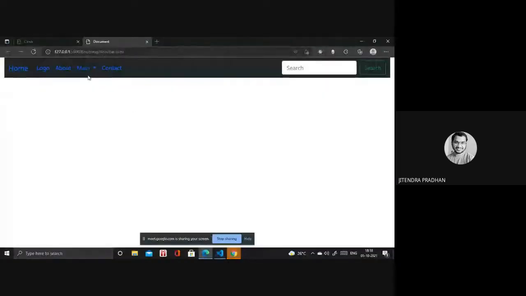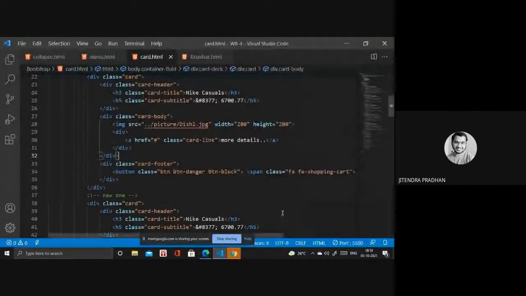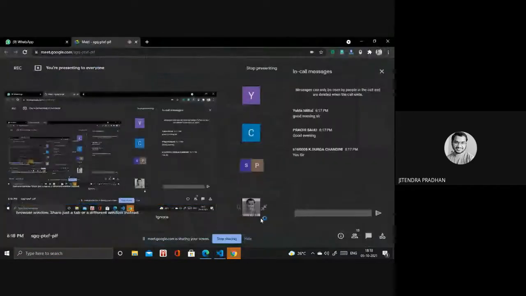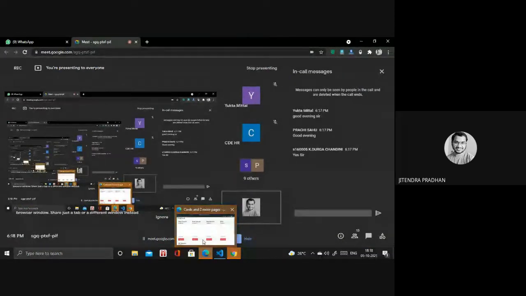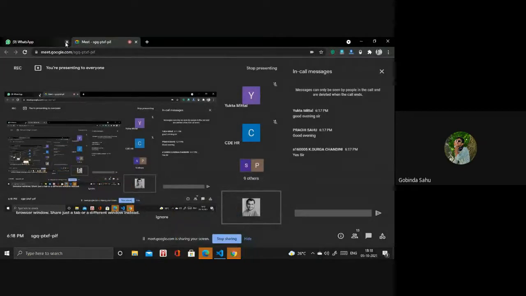Okay, say first one, second one, third one, fourth one, and fifth one. And we are adding that one as well in our live project. Okay, don't worry. I will not set the screen, sorry for that. So in the card, we are getting some problem inside, right? So I will resolve that. Is my screen visible to you guys? Yes, sir, it's visible. Okay.